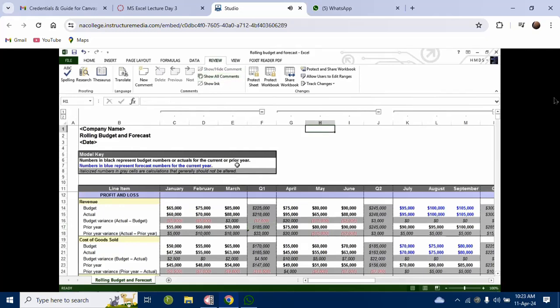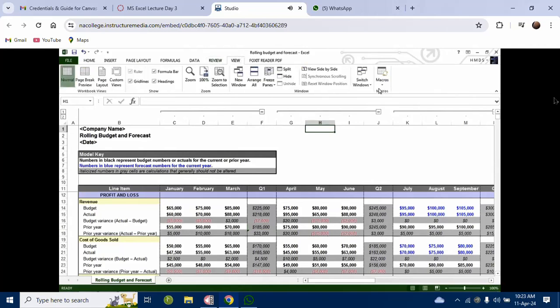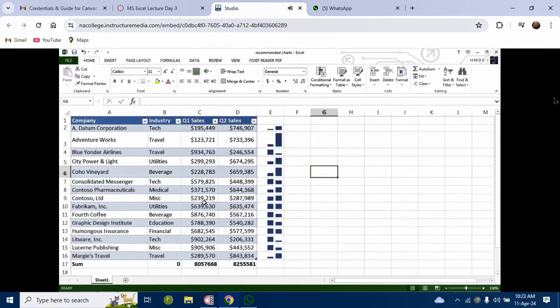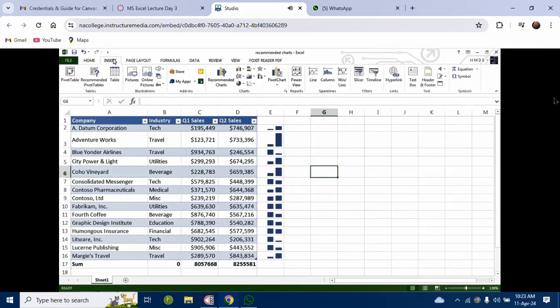Now, going back to the other slide that we were working with yesterday. So we did this yesterday, but under View, I can go to Switch Windows and then click on Recommended Charts, and it brings up this one. Now in here, I have this data that we worked with yesterday, and I can go to Insert, and I can insert one of these tabs. If I don't know which tab I should be using, then I can click on Recommended Charts,